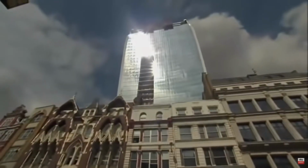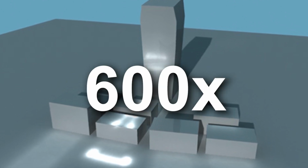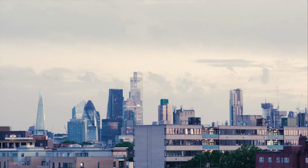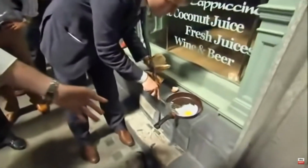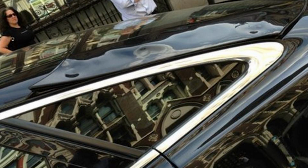It created super concentrated reflections, chucking solar radiation back at the ground, making it almost 600 times brighter than the buildings around it. So hot that a reporter literally fried an egg in the heat. And so 1 + 1 equals Mr. Lindsay's car getting its wing mirror, panels, and Jaguar badge melted off, to which he replied in the standard British etiquette,